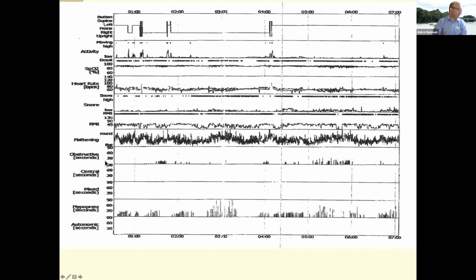Here, for example, is obstructive areas, where how many times he's obstructive and where. And we can see in this patient that he's obstructing for a little while at about 1:45, and we can relate that to his movements, sleep position, and the hypopneas. We can see that this patient is getting a lot more hypopneas than he is actual apneas.